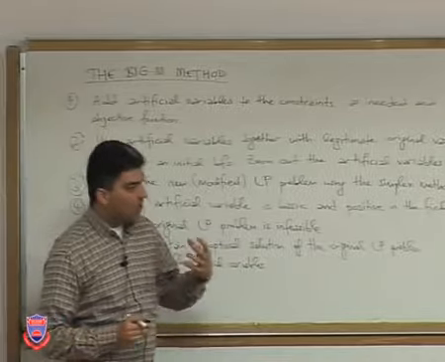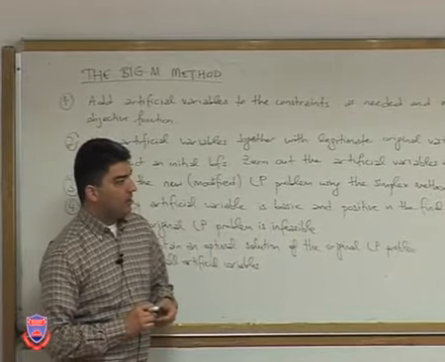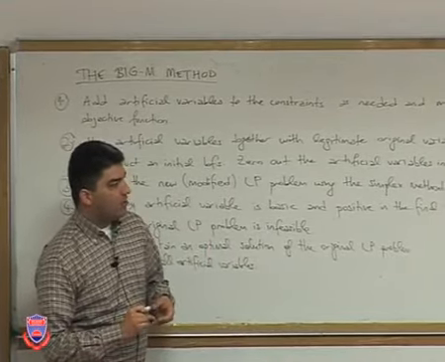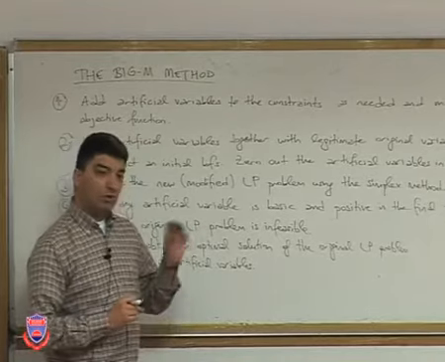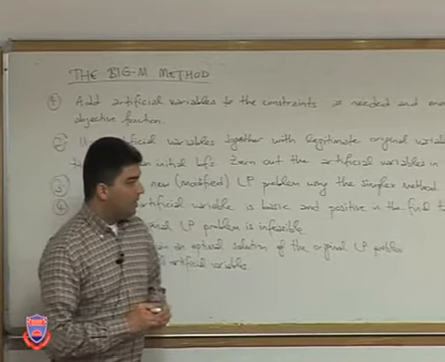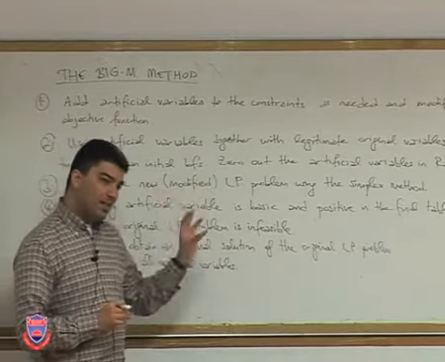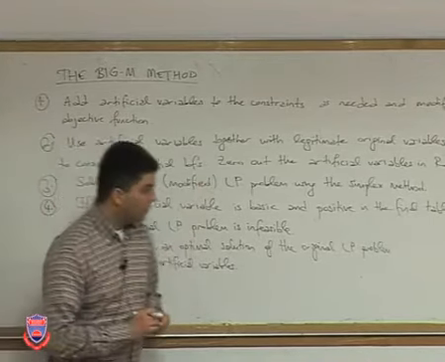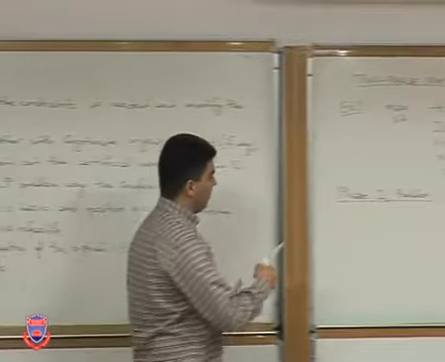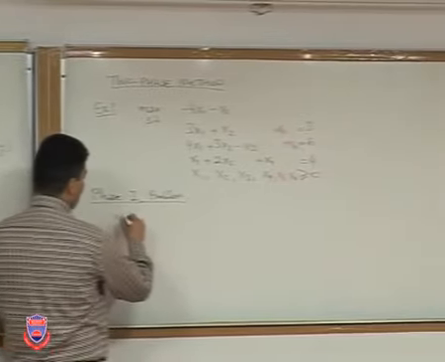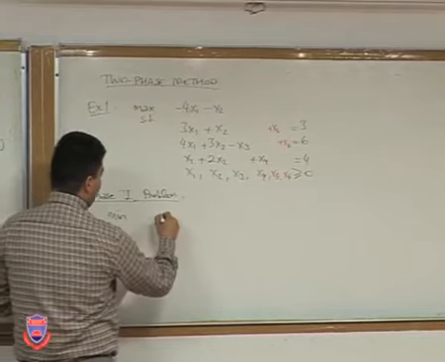Unlike the Bilkent method, which sort of solves the problem at once, if possible, in the first phase I'm going to try to construct an initial basic feasible solution for the original problem. In the first phase, I'm not interested in solving the problem, only in finding a basic feasible solution. To achieve that, I'm going to solve the following problem: I will minimize x5 plus x6,